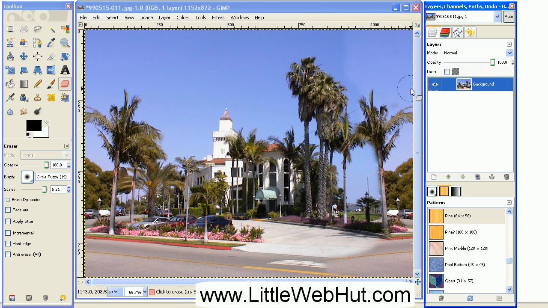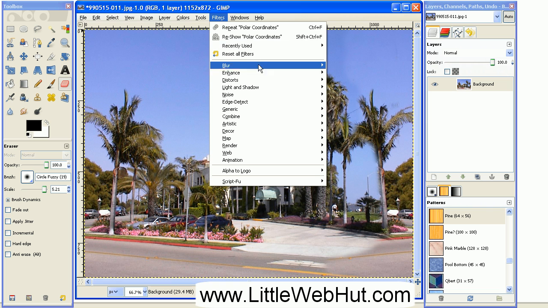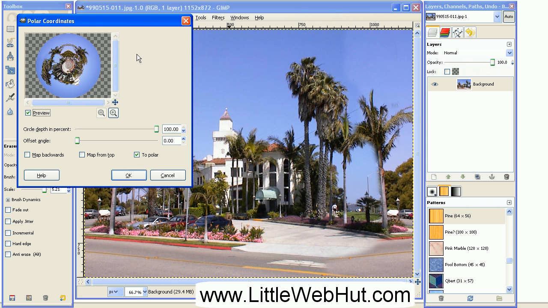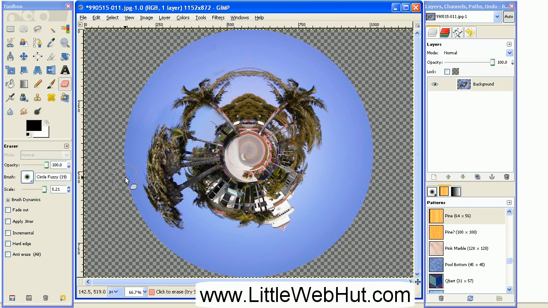And now we're ready to apply the polar coordinates filter again. So go up to the Filters menu, select Distorts, and Polar Coordinates. And again, use all of the default values except the map from top, and make sure that this is unclicked. Then press OK. Now, as you can see, we no longer have a seam that runs along the top portion